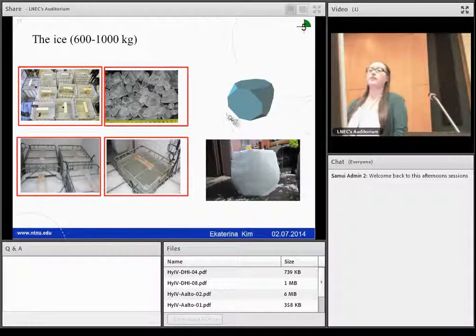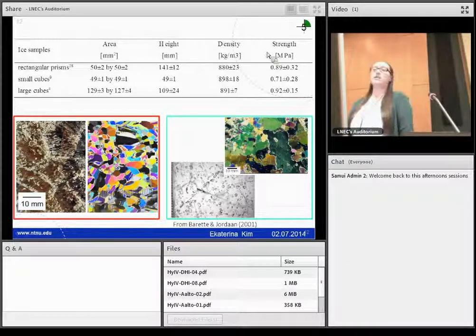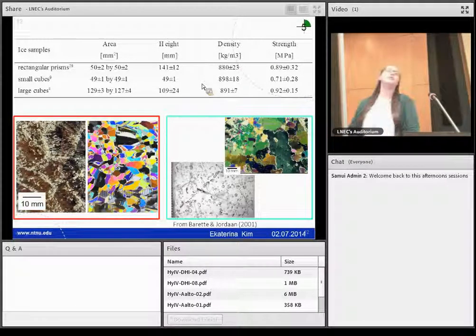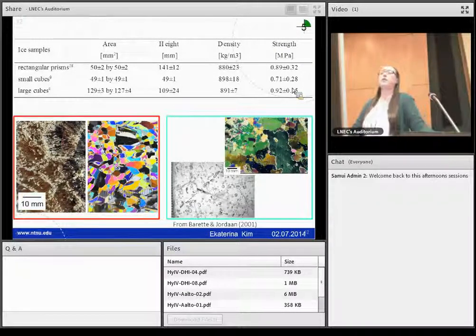of an ice, and here is a photograph of an ice block. And here is a little bit of information about the ice properties. I remind you, this is not model ice. This is a freshwater ice. And the density is presented here, and it's slightly lower than would be expected for the laboratory grown freshwater ice. It means that the ice has a slightly higher porosity than that grown under specially controlled conditions. And then the strength for the grain size we are talking about is also slightly lower than expected for the